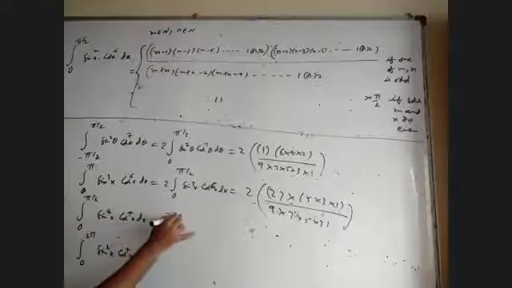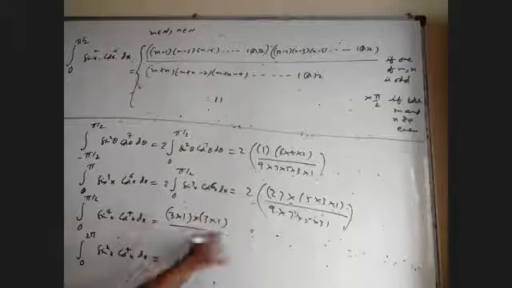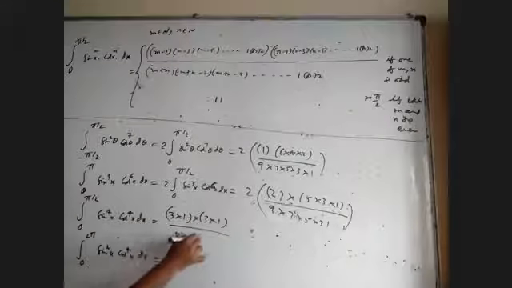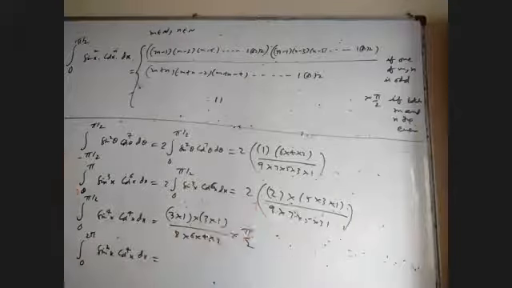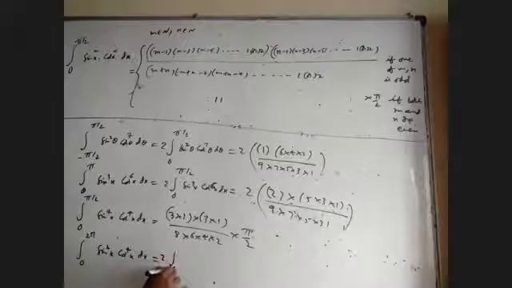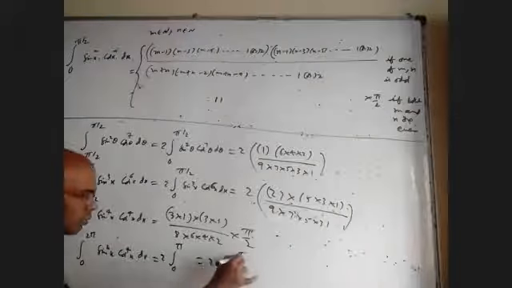Here directly 0 to pi by 2 and both are even and both are 4. So if I decrease 1 here, I'll get 3 into 1. For this also 3 into 1. Total sum is 8 and then 6 and then 4 and then 2. But into pi by 2 because both are even. Here first replace 2 pi x with 2 pi minus x, no change. So 2 times 0 to pi. Next it will be 2 into 2 times 0 to pi by 2.